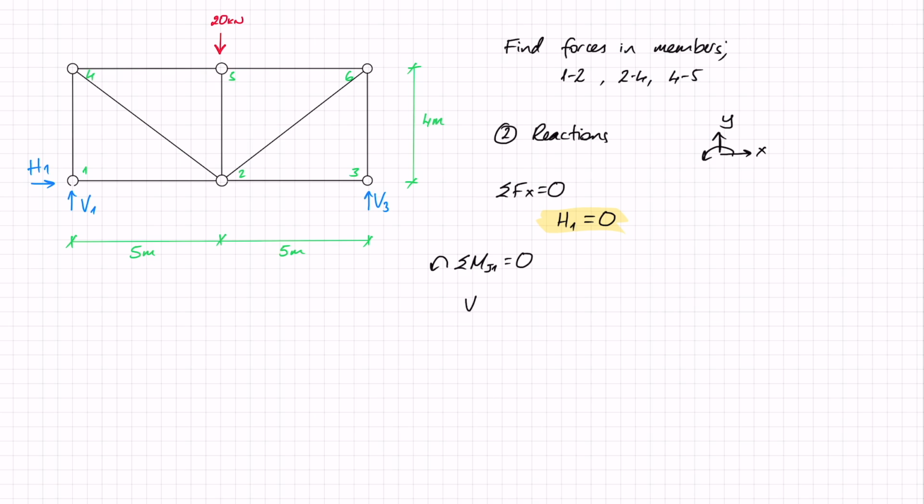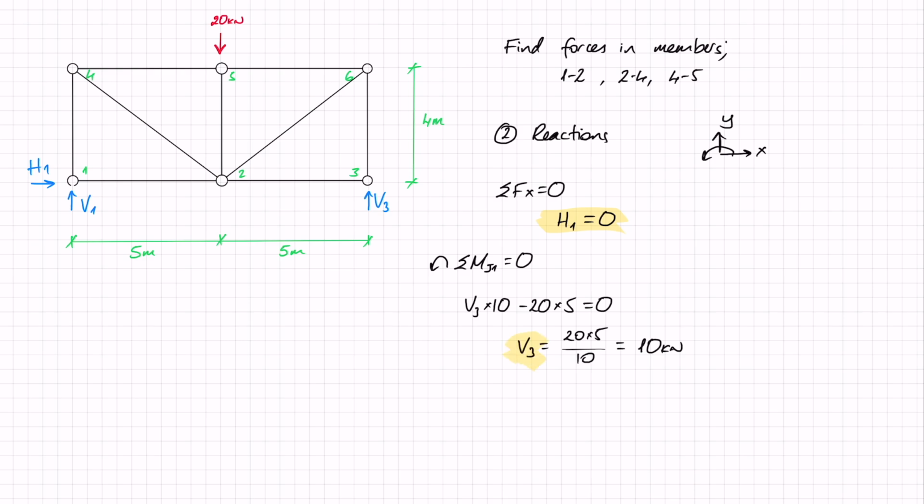So I have V3 contributing a positive moment times a distance of 10, and I have the 20 contributing a negative moment times a distance of 5. If I isolate V3, I find out that V3 equals 20 times 5 divided by 10,